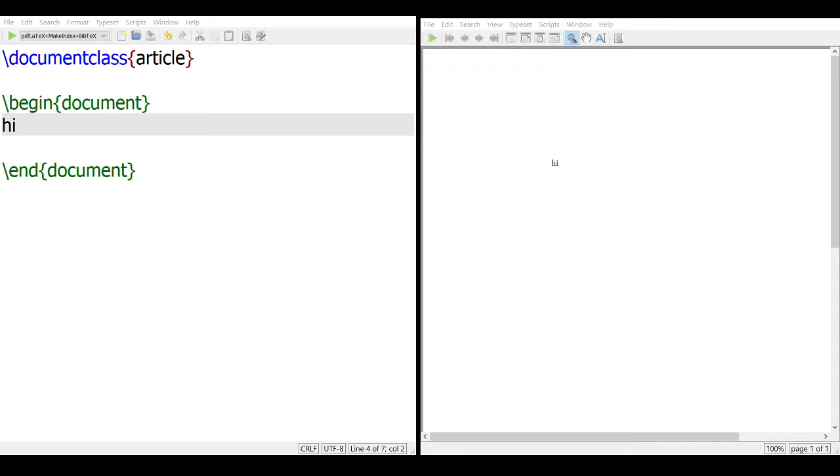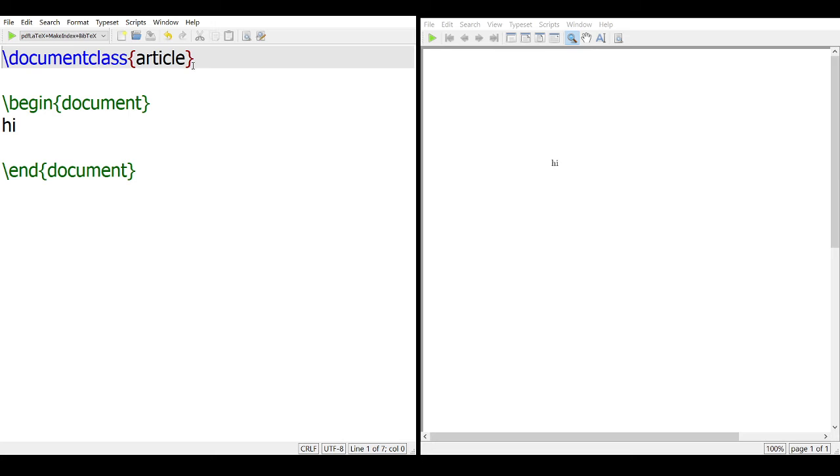Okay, today we'll do how to make a PDF file using the tool LaTeX. I am using the software MakeLaTeX. You can download it from Google. It is easily available and you can download it freely. It is available for Windows 7, Apple products, and Windows 10 also. So you can download it. It's free. Now, how to use it?